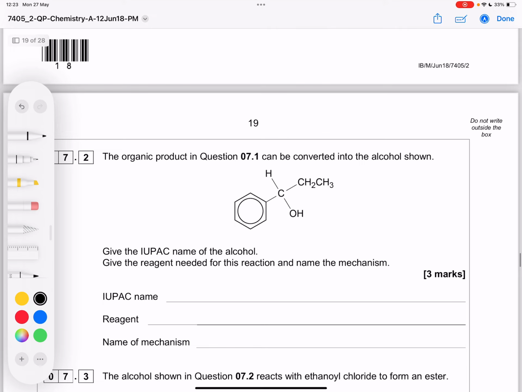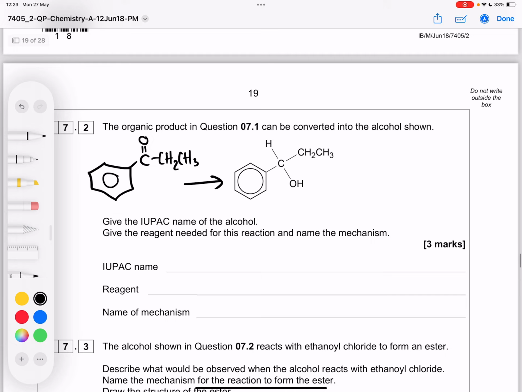So it told us that product, so let's just redraw it, which had this, can be converted into this alcohol. So we're reducing a ketone to an alcohol. We have to give the name of the alcohol. Since the alcohol is the main functional group, it's going to give the smallest numbers closest to the alcohol. So it's propan-1-ol. But it's also got this benzene ring attached to carbon number 1. And when we attach a benzene ring, we call it phenyl. So it's 1-phenyl